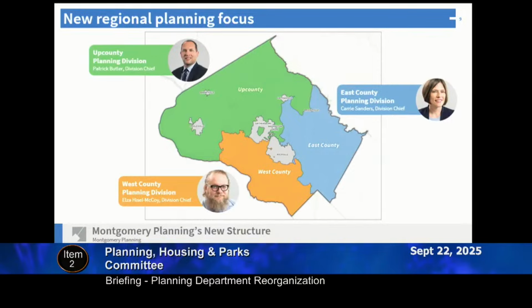And the East County Planning Division actually has staff from all 3 of our old divisions. And even still, the chiefs have been working to build relationships by meeting with regional services center directors and others in the community, talking to the chiefs who may have handled those areas previously. And in some cases, I would note that some of the relationships already exist because some of these chiefs had other roles in the department that covered different areas of the county previously.